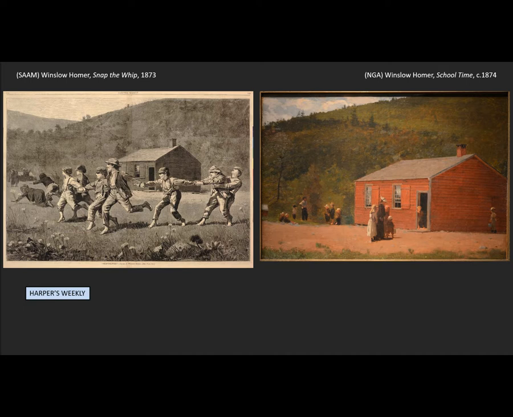And this only added to the popularity of that image, right? So it again shows Homer's interest in a simpler time, in a life unaffected by the worries of the city, where, in fact, children play and learn together. That said,